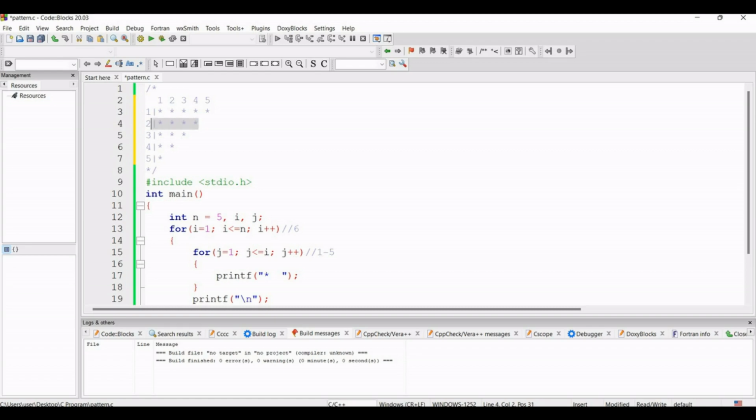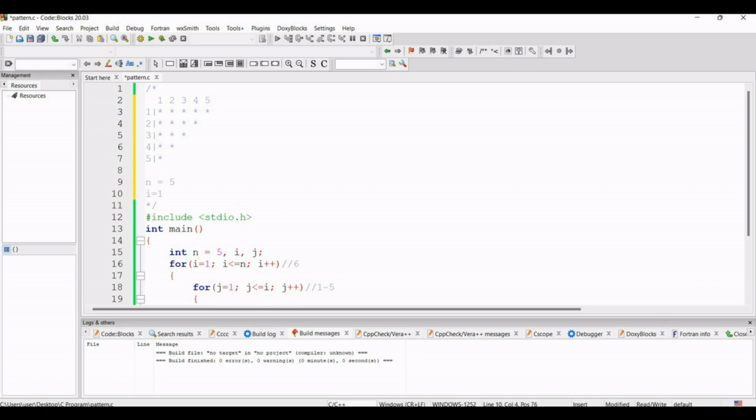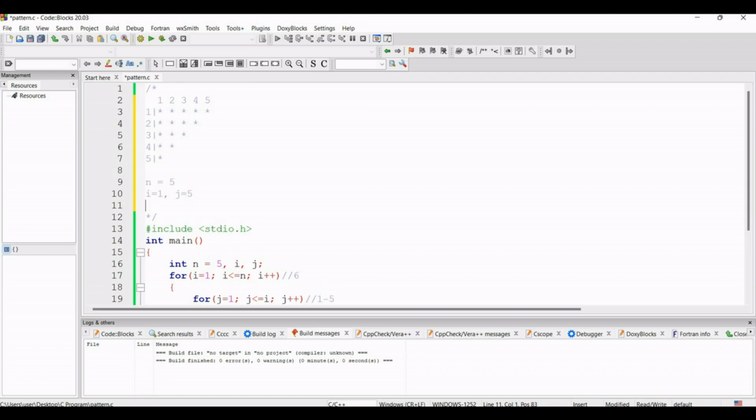So what is the relation over there? Here the value of n equals 5. When the value of i equals 1, at that time j will rotate for 5 times. When the value of i is 2, at that time j will rotate for 4 times.